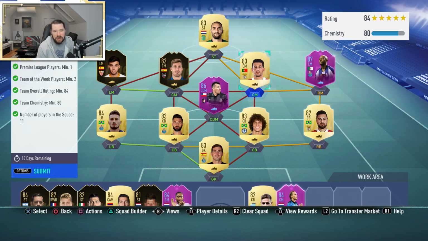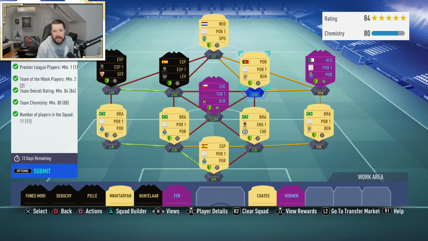So there you go. We're now using Medel and Brahimi, and everything in this team, except for...